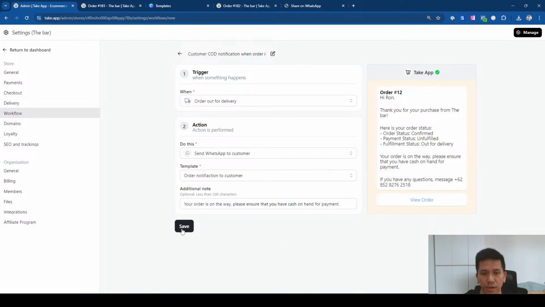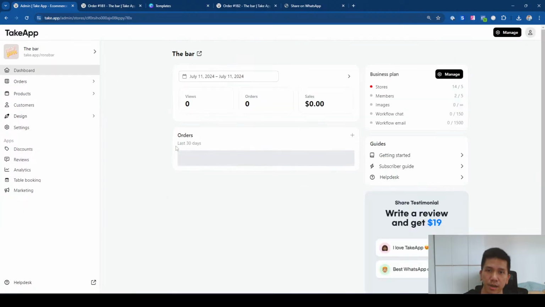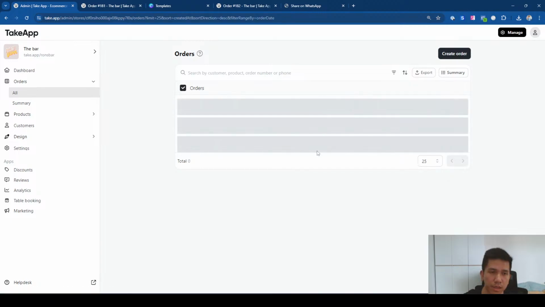So let me save this one and then go back. Then you can see at the bottom, fulfillment, workflow, customer COD notification when order is out for delivery. Okay. And then when you mark the order,